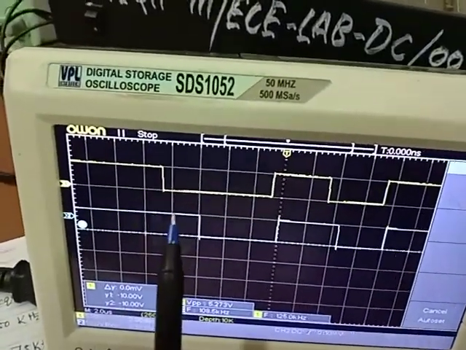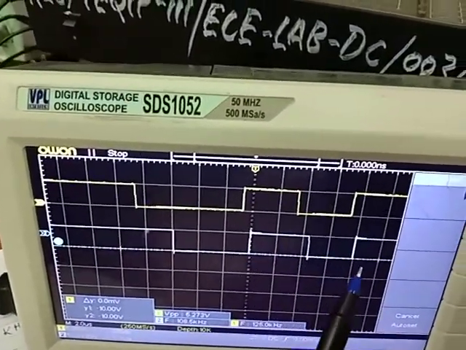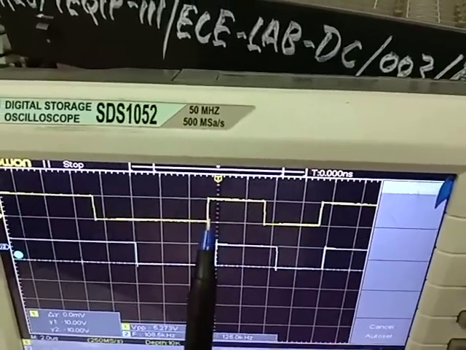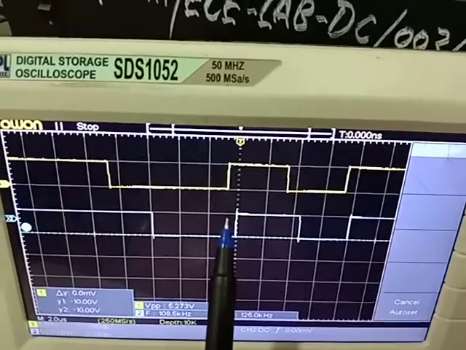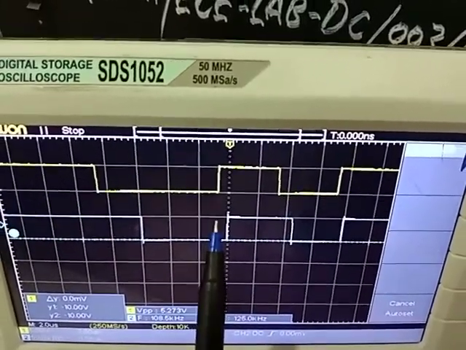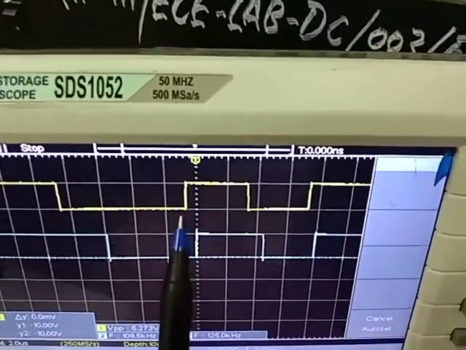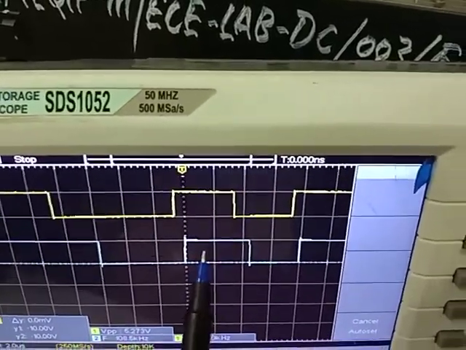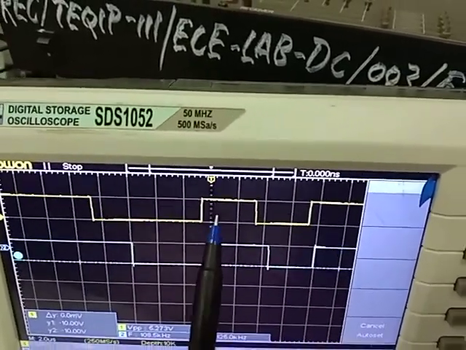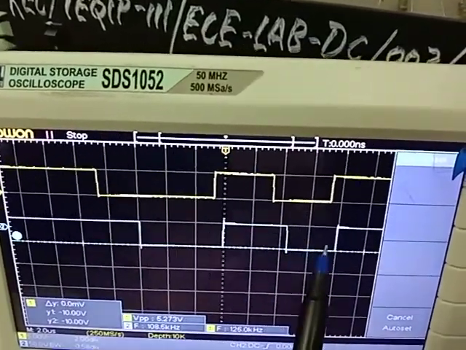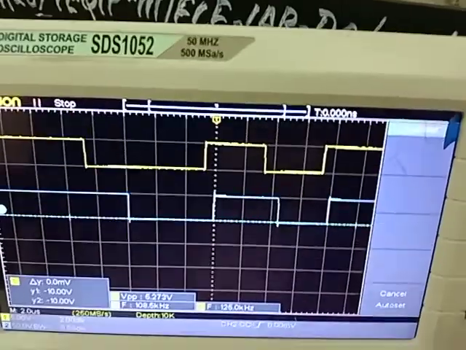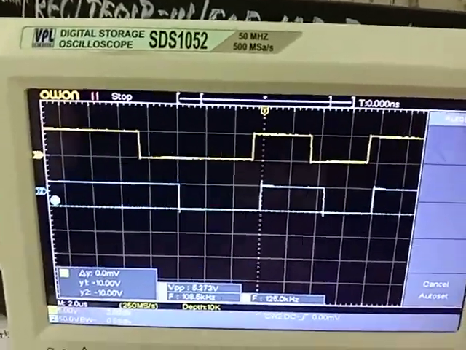You can see that some delay is present in this signal. This is the one position, and in the demodulated signal, actually in ideal condition we will get the demodulated signal the same as the message signal, but due to some delay we will get this type of signal. But the sequence is the same. After 8 bits the sequence is repeated, and this is our data table.